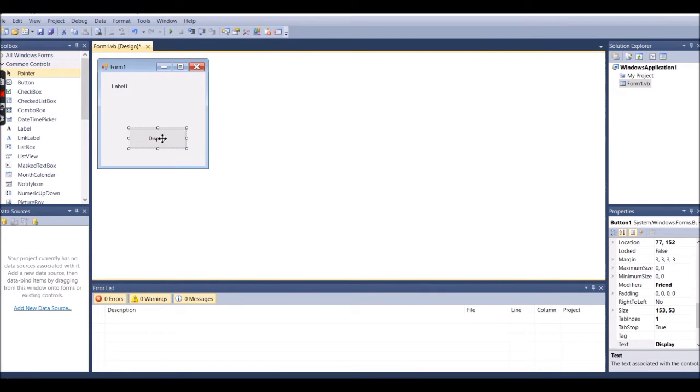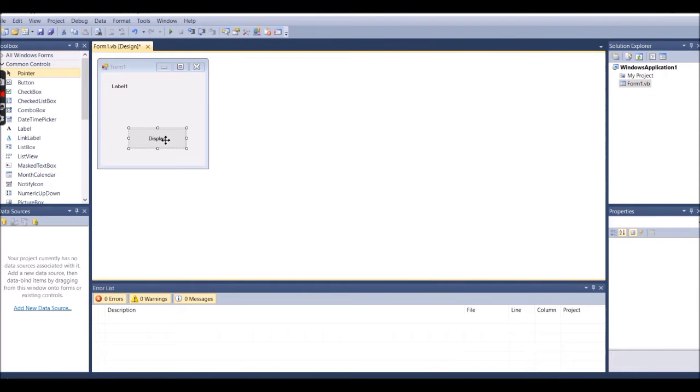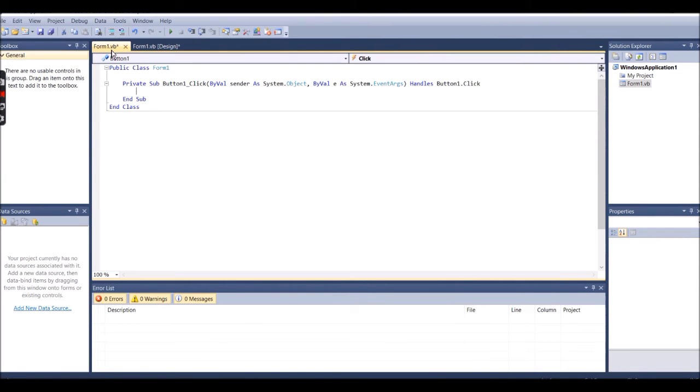Now I will double click on that Display button. After that, form1.vb will open. That is where you need to write one code. What you need to write: I have taken Label1, so Label1.Text equals "Welcome to Visual Basic 2010.